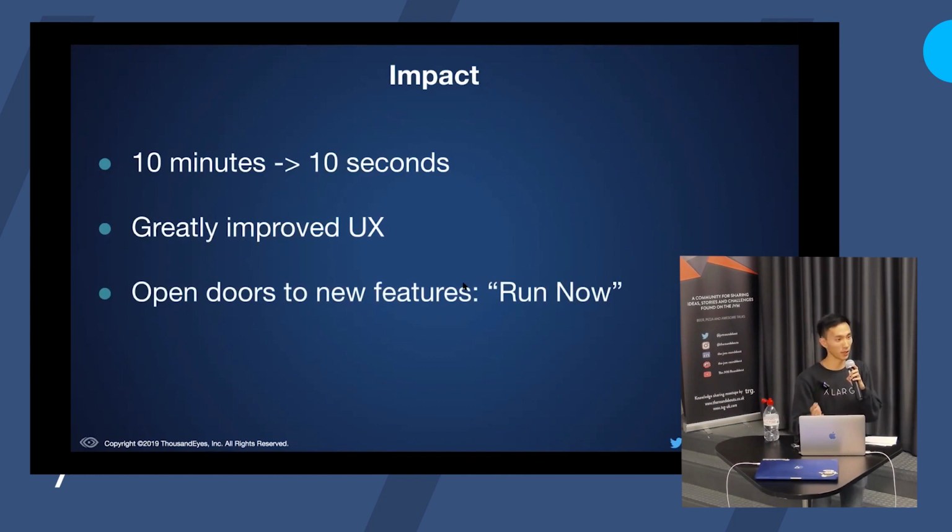In the next couple of months, we're going to add a run now button to a test. And effectively what we want that to do is push the test configuration to the agent immediately so the agent can start collecting metrics straight away. The goal is to have metrics show up within a minute or less than that. And this is good for us because it addresses an ad hoc troubleshooting use case that a lot of our customers have. So not only is it a performance improvement, but it also lets us implement new and better customer features. And for this, we plan to leverage a lot of the existing components that we've already built.